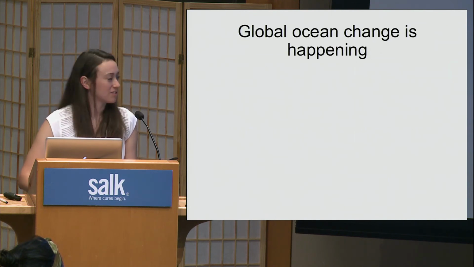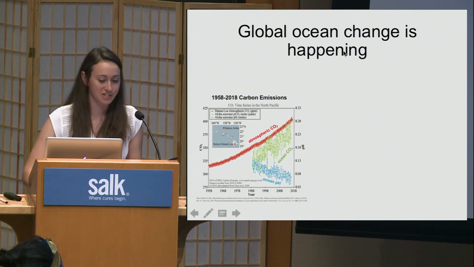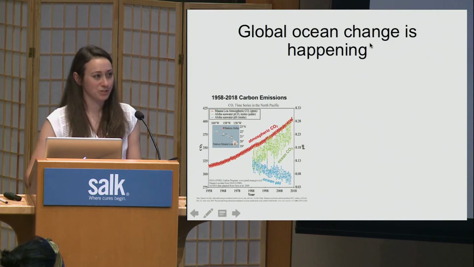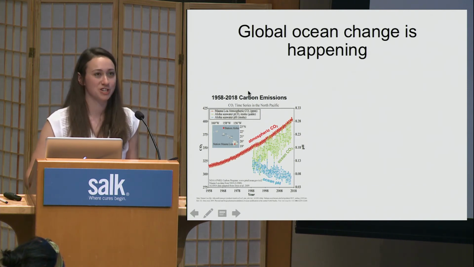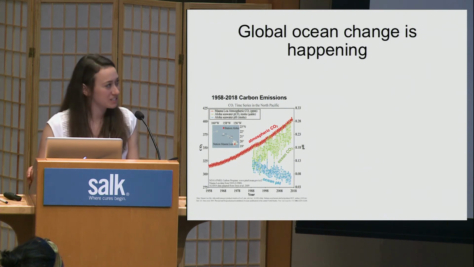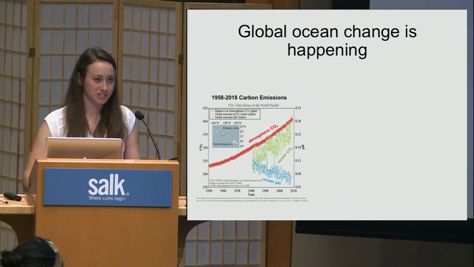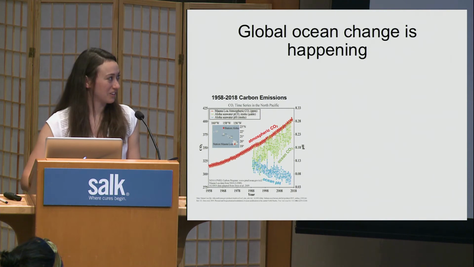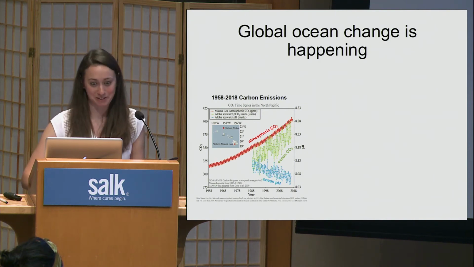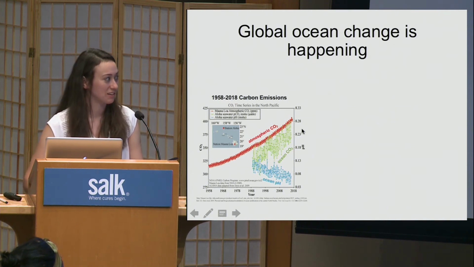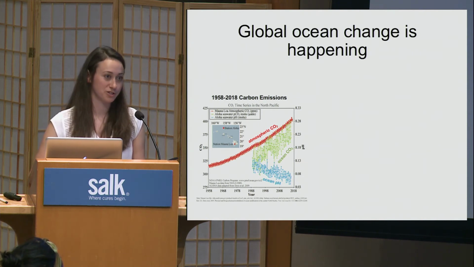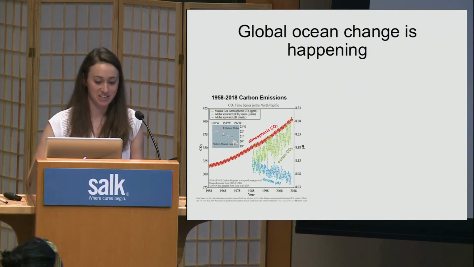And the present-day challenge I'm going to talk about, that I've been really interested in, is global ocean change. Because there's a lot of confusion over whether climate change is happening and what kind of effects it's having, I really wanted to try to understand this and how things are responding to it, so that I could help maybe educate about it. And to do this, I took advantage of an internship opportunity up at NOAA, the National Oceanographic and Atmospheric Administration, at their Northwest Fisheries Science Center in Seattle, and that's where I've been for the past year.